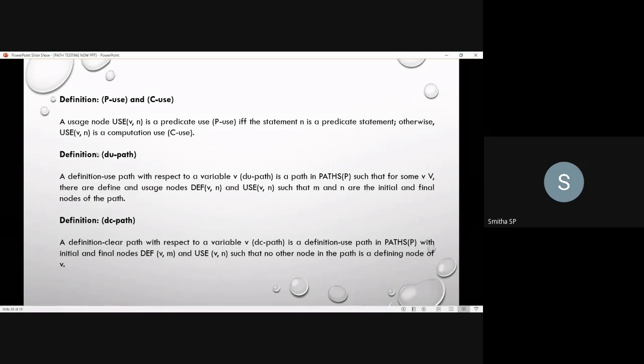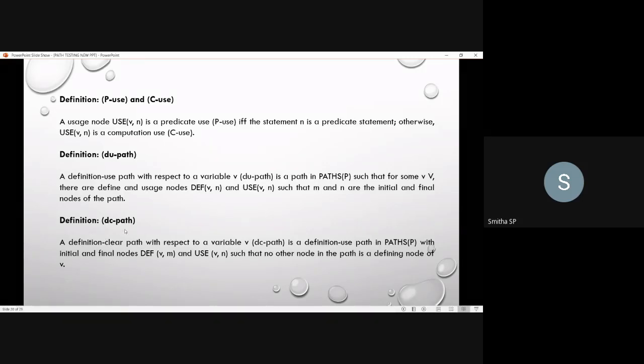So in this du path you will have these two things: the defining of the nodes, and the usage of the nodes. Whatever nodes you have defined, and in which statements you use those definitions, we come across that in the du path. The traversing is called a du path, such that m and n are the initial and the final nodes of the path. So m is the initial node, and n is the final node.